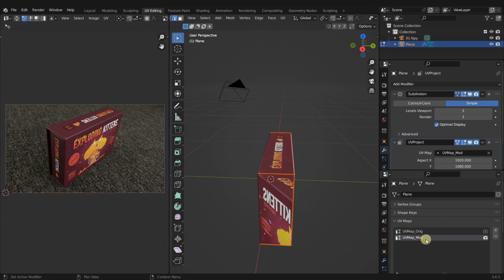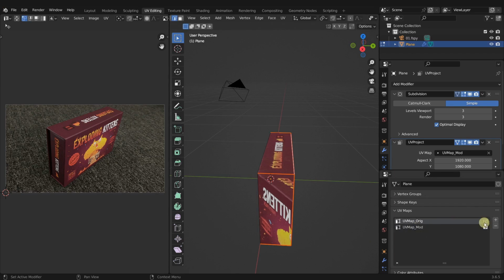But we don't want to change this one here. We want to duplicate, let's duplicate the original so you can kind of see it change. So we'll call this flat because this is going to be all of the sides of our box flattened out. And if we select everything,